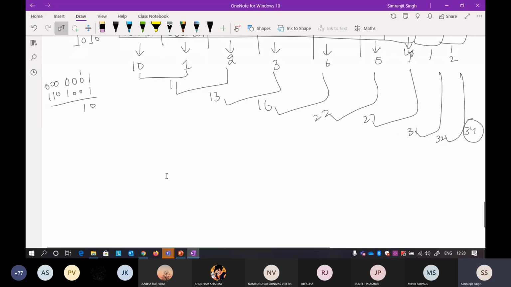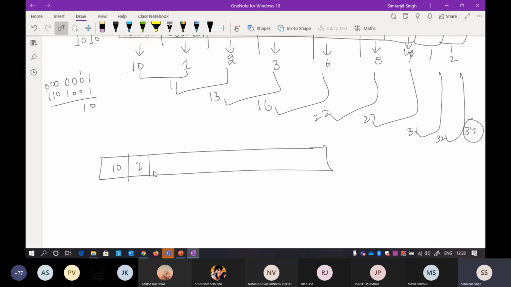Now in the end, when you get the number as 34, these numbers will already be there in the bits. Suppose this is the number that you got, and these numbers are written here: 6, 5, 4, 1, 2. Now what you do in the end is take the complement of it, or the negative of it, that is minus 34, and place it at the end of the packet that you want to transmit.